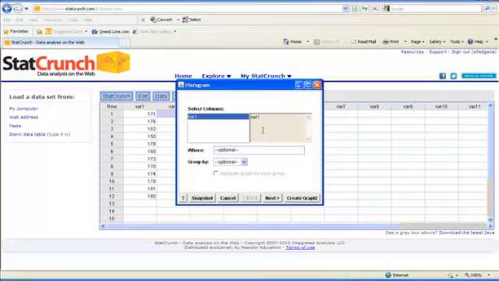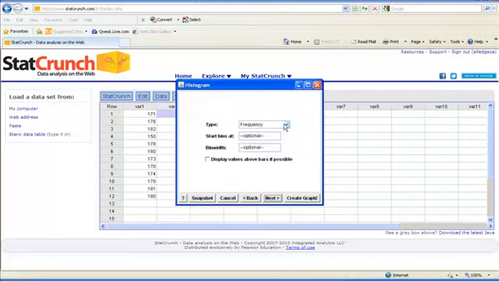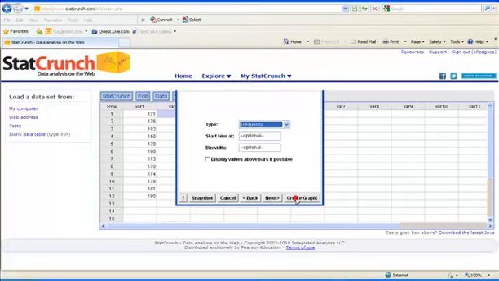I did not retitle this as a data set name. I just left it as variable 1. So if I wanted to change this to a relative frequency histogram, I would click on Next, and under Type I would have that option. Okay, but for now I'm just going to leave this as a regular histogram. Okay, so I'm going to click on Create Graph,